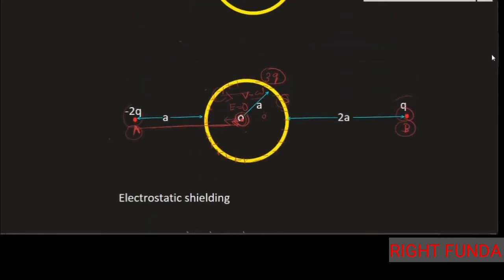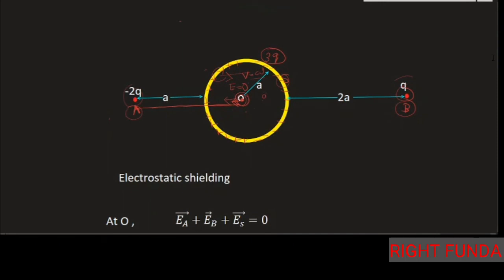The electric field has to be such that at every point, the charge gets distributed in such a way that it cancels the field. Suppose here you will see this electric field, this charge will be producing a field like this, and this charge will be producing a field like this. The net field may be like this, for example, and this has to be equal and opposite to this. Nature arranges the charges in the sphere in such a way that the net field at any point has to be 0. So with net field 0, there will be an equipotential volume, because on a conductor every point must have the same potential.